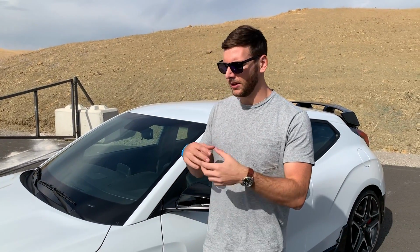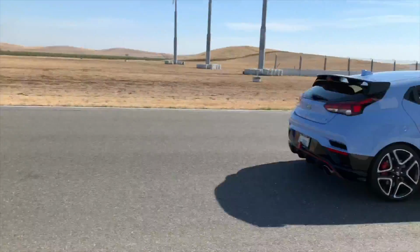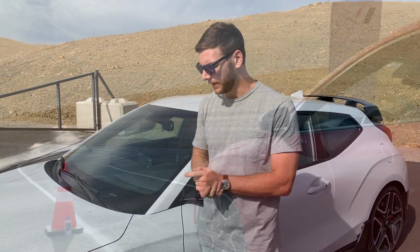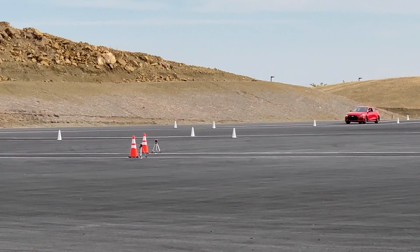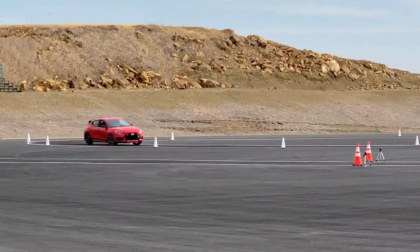That's not true, because a lot of it is calibration for brake feel and fade resistance and all those kinds of things, and what we saw on the track so far has been very good. Also, what you're hearing behind me is the autocross course, and that's another good test bed for this model that we'll do a bit later. The brakes on the track, I'll give you all the impressions on those, but I will say that I think